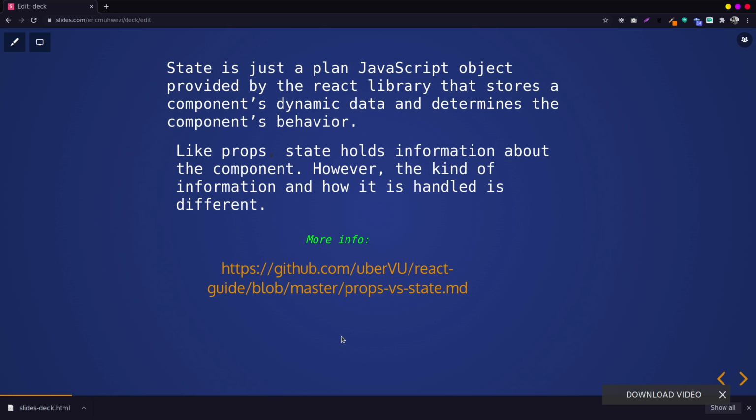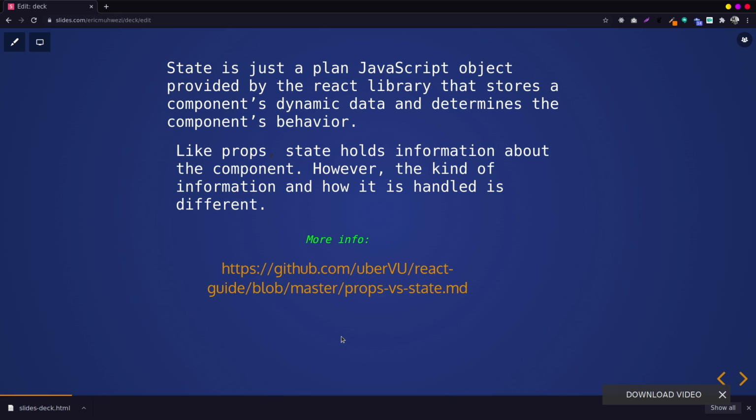Props stands for properties, and they are usually shared between the parent and the child. But state is determined by the child component. So it's never shared between components. It's kind of a private